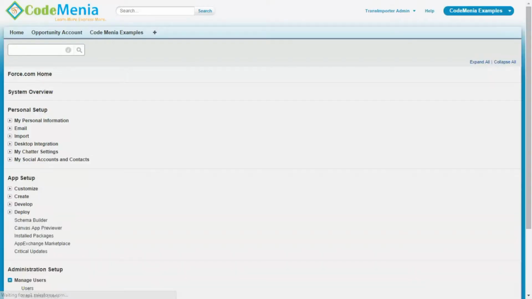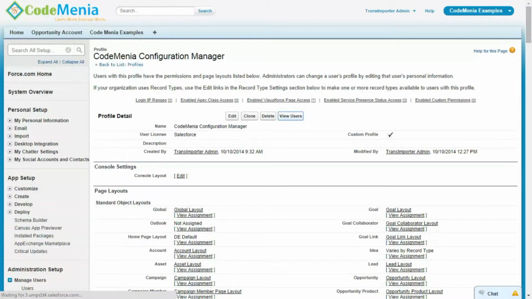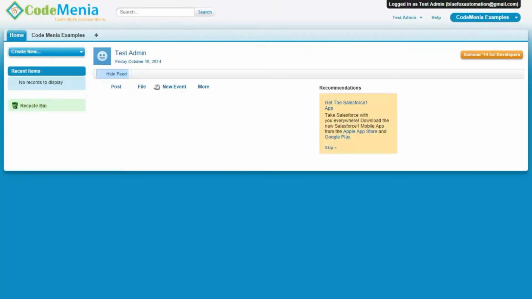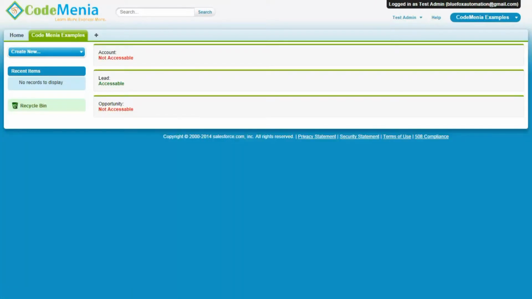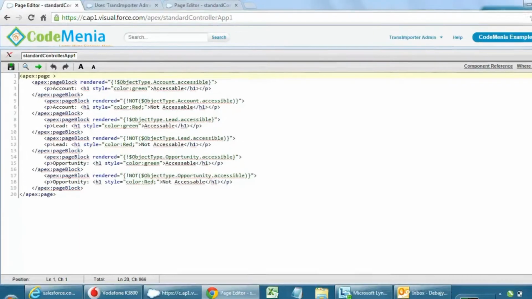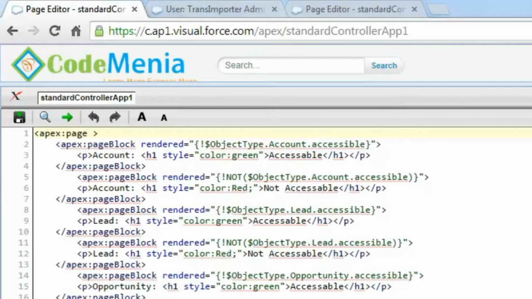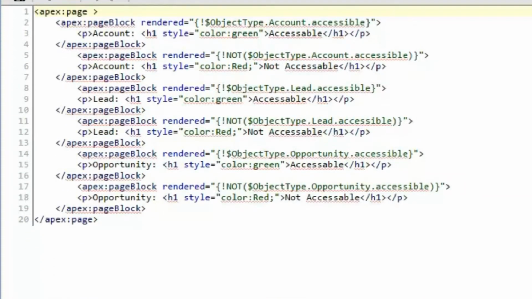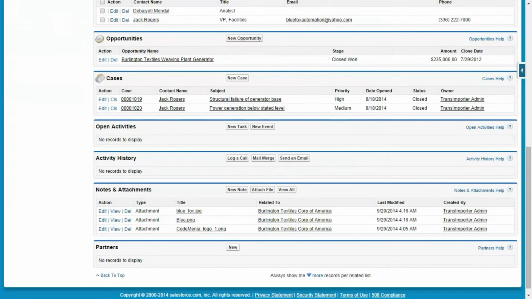Now going to check for that profile if that Visualforce page will render the details. See, account having no access, lead having access, and opportunity having no access. So for this you need to provide the Visualforce page permission for that profile. So this can be done using this functionality.